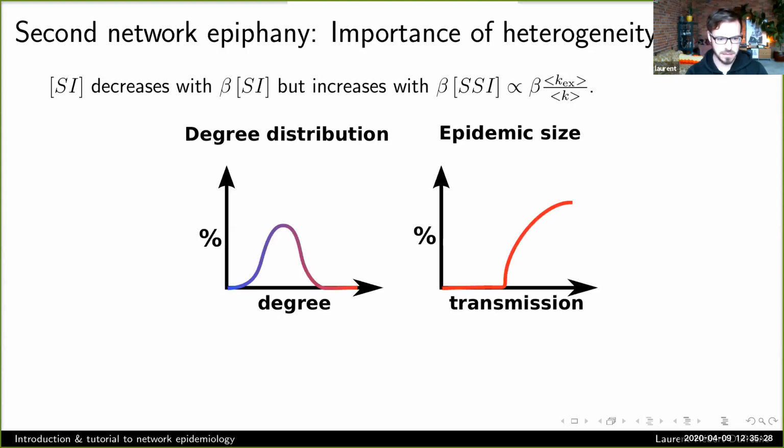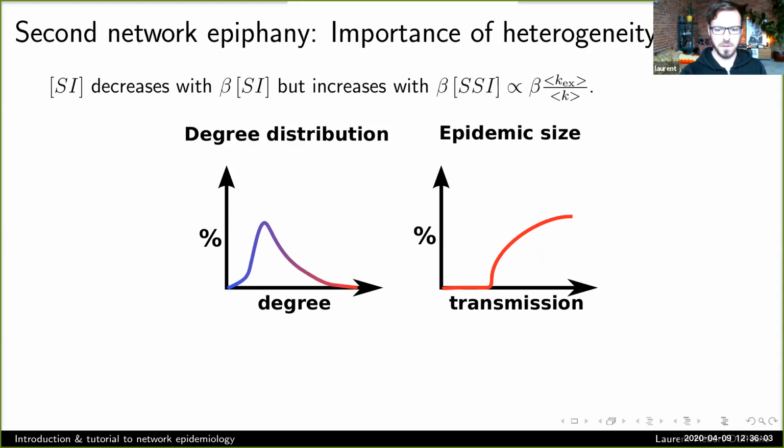So if we go back, let's assume that this is a Poisson distribution on the left, and then this is the classic SIS or SIR picture on the right. So epidemic size is a function of transmission rate. If I start making my degree distribution a little more heterogeneous, and here I'm coloring low degree as blue because those people are mostly safe. If you have only 1 contact or 0 contact, you're less likely to get the disease. Whereas high degree nodes, or the high degree end of my distribution, are colored as red because this is where the disease is gonna be, right? So I'm making it more heterogeneous.